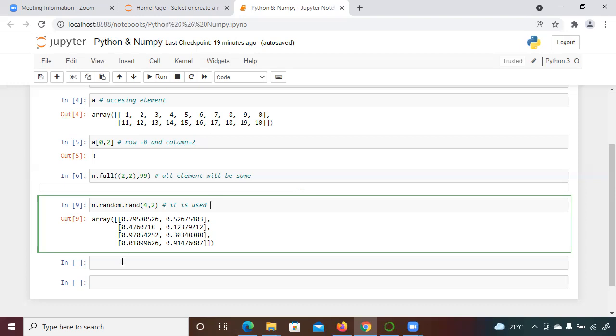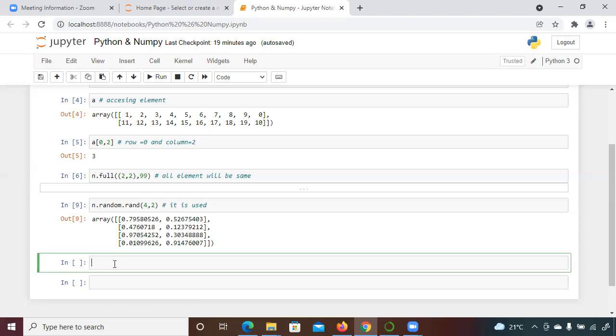Now suppose if you want to print a diagonal element, or suppose you want to take a value in a certain range, then how can you take that value? As you asked me the question, so let's see that as well.